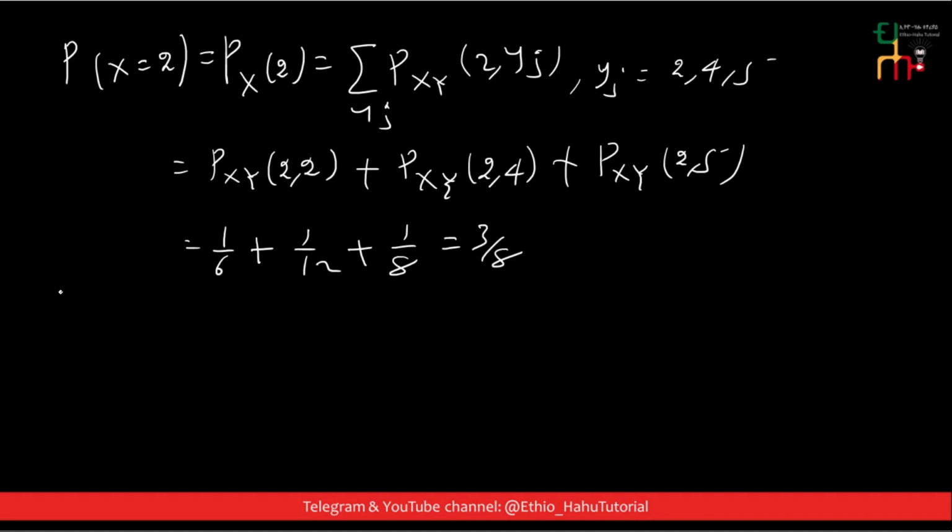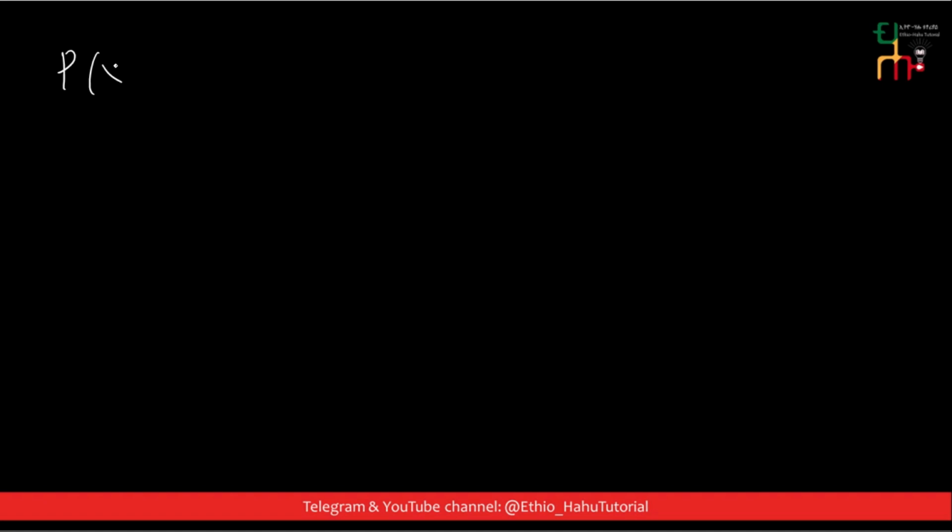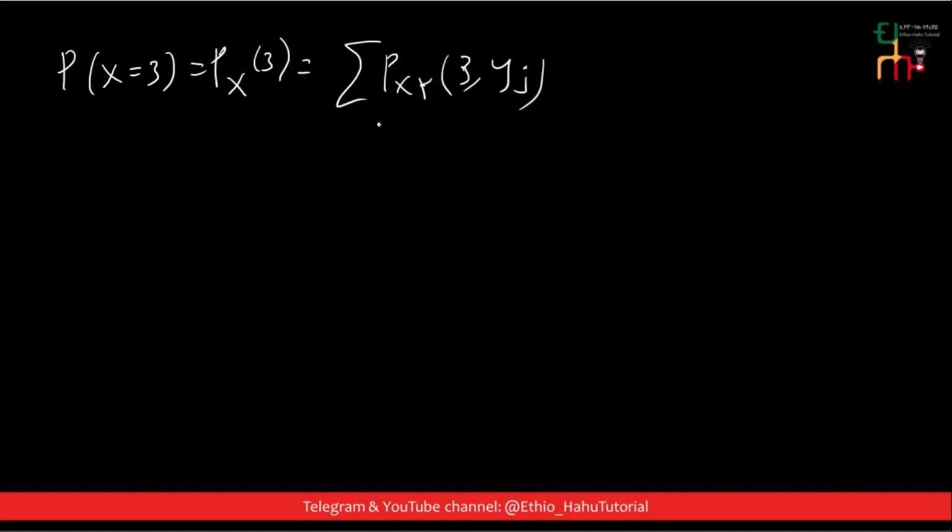3 over 8 ማለት ነው። Therefore the marginal probability mass function of x is equal to 2 is 3 over 8 ይሆናል። The marginal probability mass function of x is equal to 3 ማለት the marginal probability mass function of x of 3 is equal to the sum of the joint probability mass function of 3 comma yj where yj runs from 2 to 5, yj የምንለው 2 4 5 ማለት ነው።